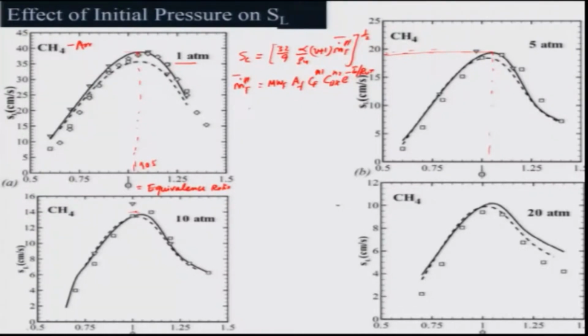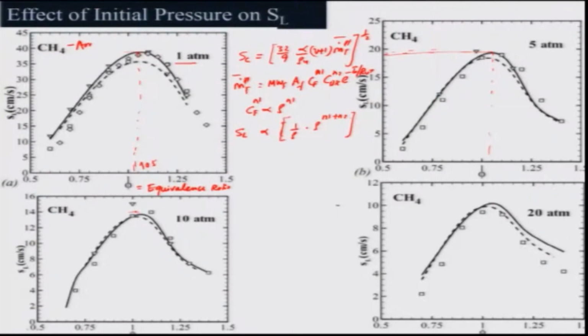And we know that CF is basically proportional to the density. So, I can say that SL is proportional to 1 by rho u, rho into rho to the N1 plus N2,